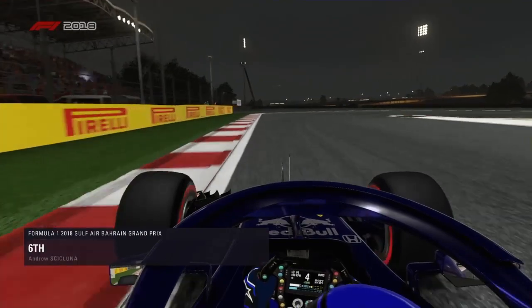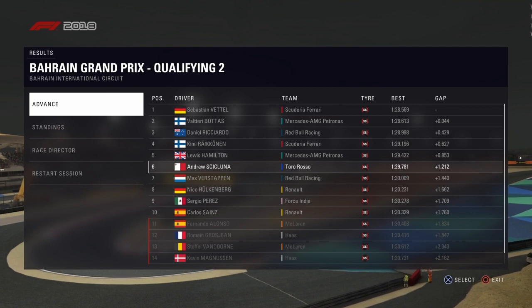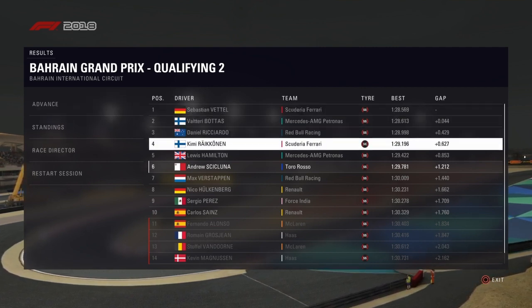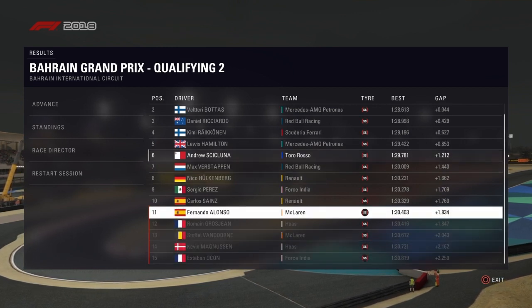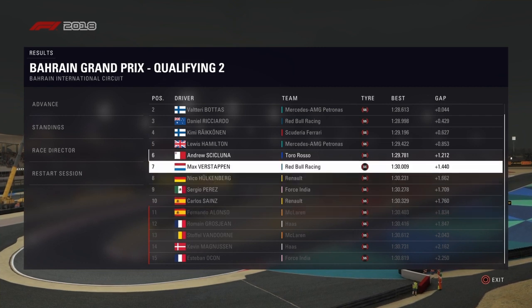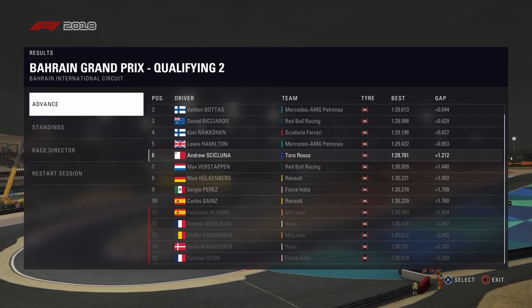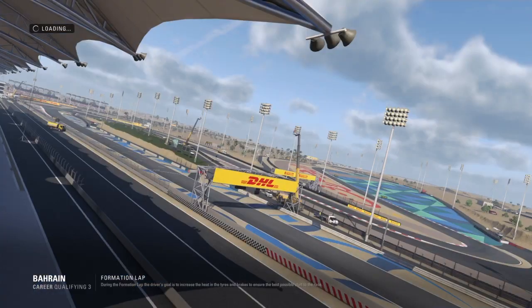Unbelievable. How did we manage to get that? We did get some tow from some cars, like Max Verstappen. He gave us some tow when we went out for our lap, but that was incredible. I really gave it a lot. I cut a couple of corners as well, you know, put half the car off the circuit, but it didn't give me anything. But overall, it was a pretty clean lap, and I'm pretty proud of that,